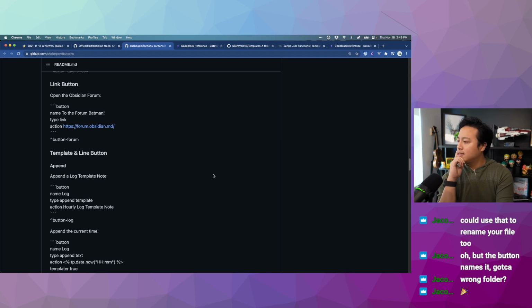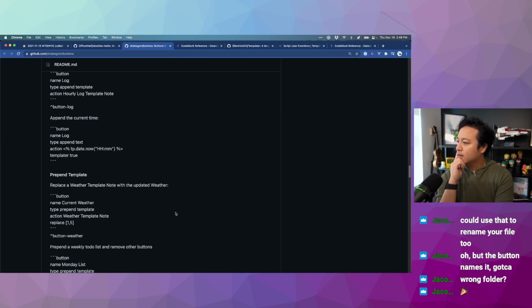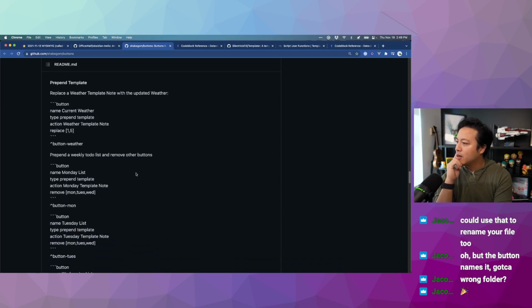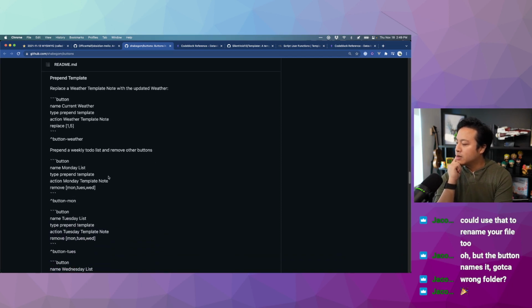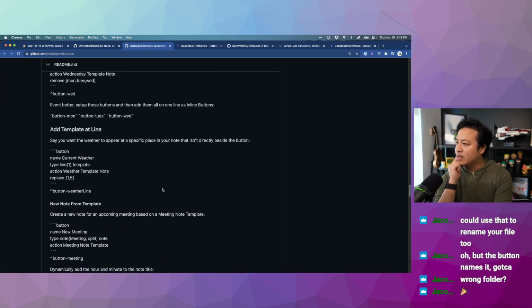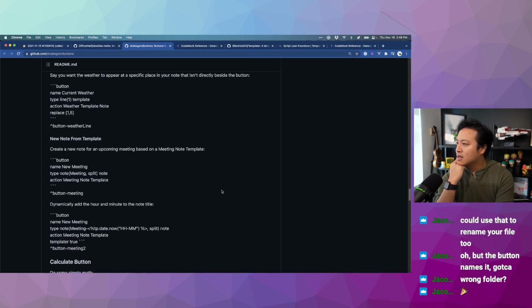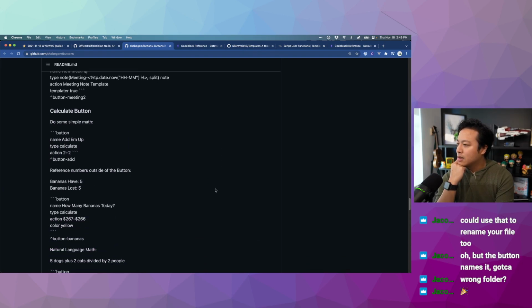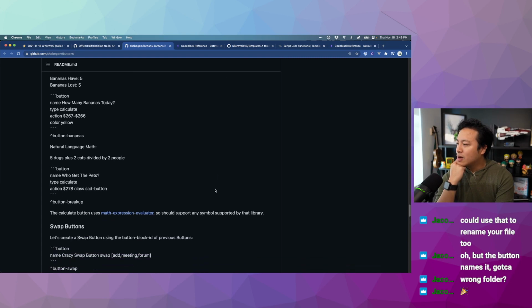But this is big. Oh man, look, see, prepend weather template with updated weather. Prepend a weekly to-do list. So weekly action note, remove other buttons. Okay, this is definitely entering in the official Bencode Zen Vault Obsidian recommendations. This is very, very cool. New note from template, calculate button. I wonder though how you would do